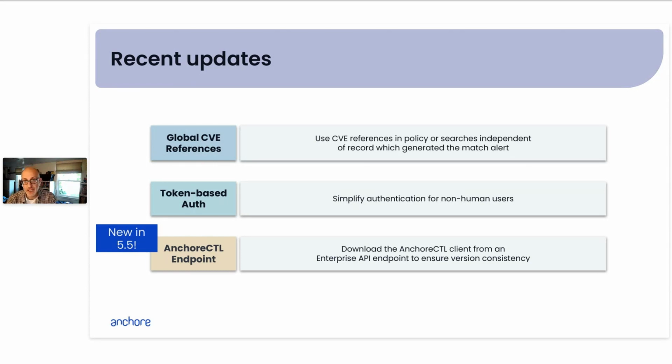And the last thing, again, another update to 5.5. Anchore CTL, which is our command line tool, can be used to interact with the system at an operations and management level by setting things up, or it can be used as part of integration workflows, perhaps in CI/CD or some other custom scripts. That version of the tool can now be downloaded from an endpoint actually on Anchore